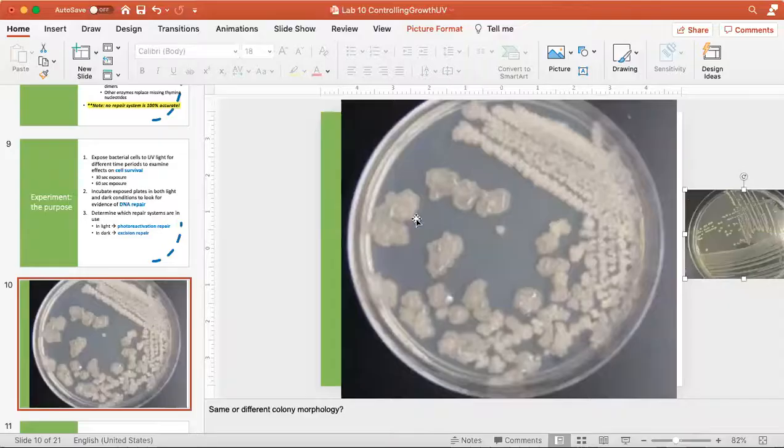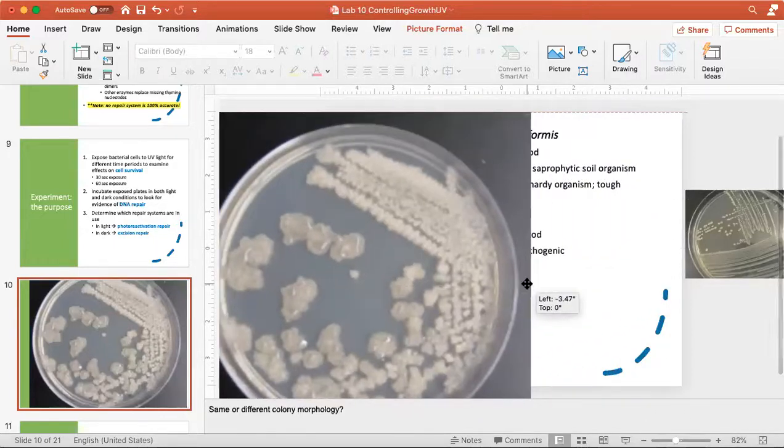Remember, not all colonies look like nice little round circular structures. Some colonies are enormous. Some colonies are very irregular looking. Some people refer to that as sort of a fried egg appearance because it looks a little bit like the way an egg looks when you fry it up in a pan. So it's important to remember that colony morphology really varies from one organism to another. So this is our bacillus. Let me put this picture away.